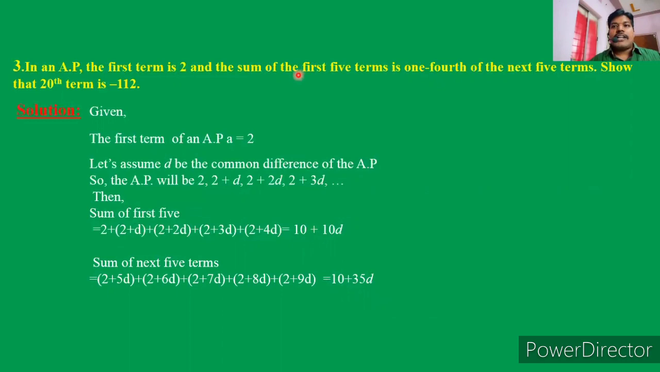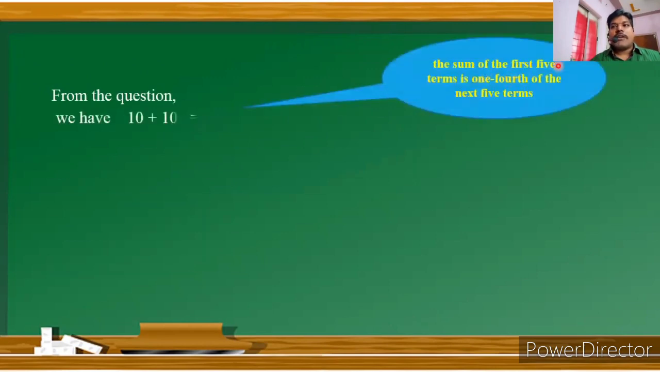But what is the condition given in the question? The sum of the first 5 terms is 1/4 of the next 5 terms. So what does that mean? In the question, they say that the sum of the first 5 terms is 1/4 of the next 5 terms. That means the sum of the first 5 terms, 10 plus 10D, is equal to 1/4